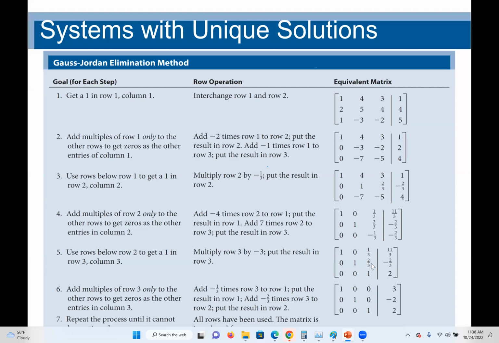Here also you have a third. How can you get 0 here? Same thing, we need minus 2/3. So I'll use minus 2/3, 2/3 minus 2/3. I have 1 here, so let me use that. And that's what they did, minus 2/3 times row 3, which is 1, add it to row 2, then keep the answer in row 2. So after you finish, you can see that from step 1 to 6,